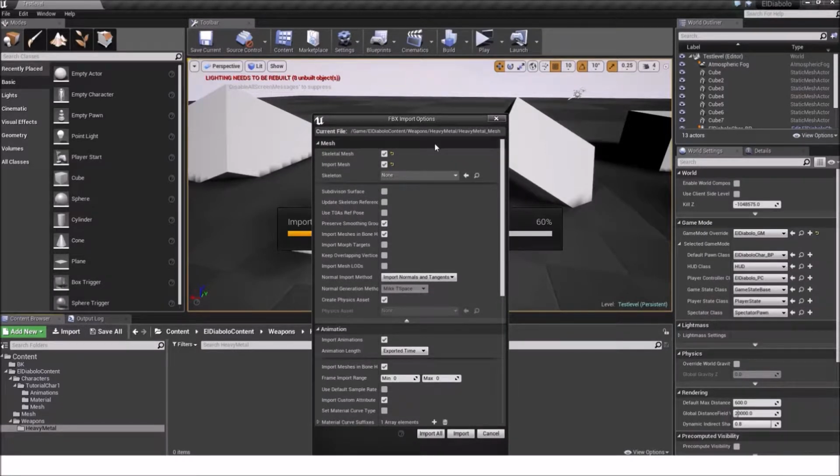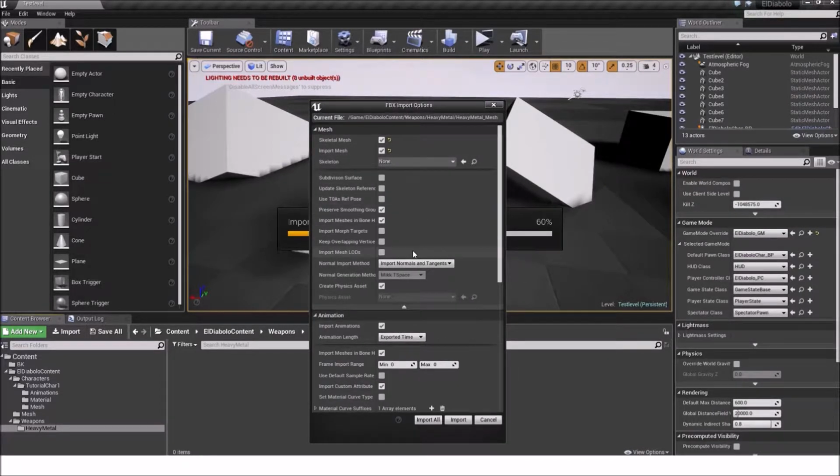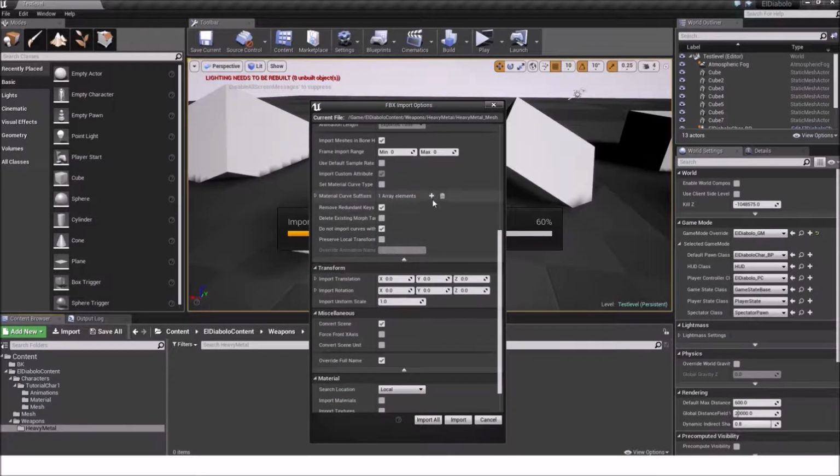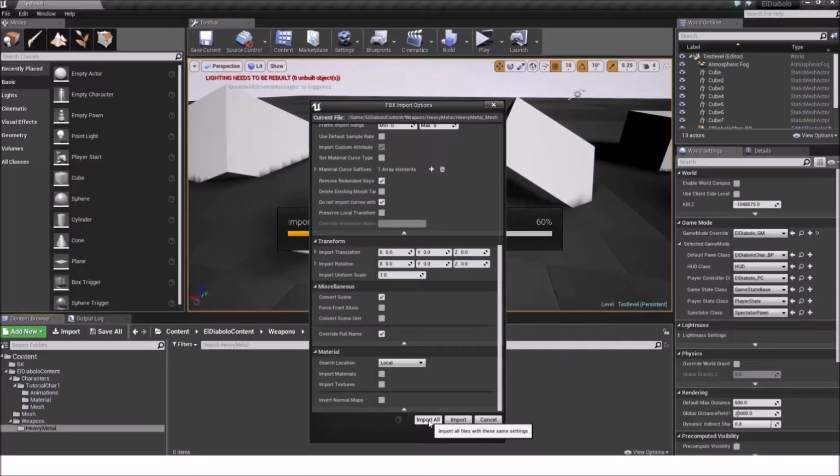We get this option, the import options. We want to leave the skeletal mesh ticked and the import mesh option ticked. And the skeleton should be on none because we actually import a mesh itself, and that's the weapon itself. The normal import method should be on import normals and tangents. And please untick import animations. We will do it ourselves if we add animations to the weapon itself. So please uncheck it. The rest can remain as it is and click import all